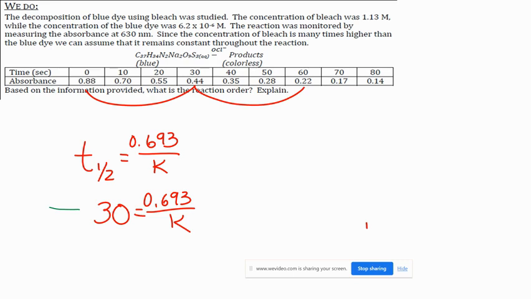Now, were there any questions on the homework from this section? Number 3. Number 3? Okay, number 3 says that we have 93.75% remaining after 24 hours, and they want to know the half-life. Okay, so